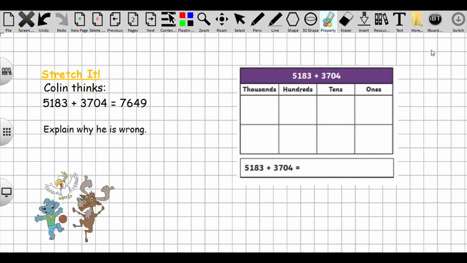Okay, for stretch it then. Colin thinks that 5,183 add 3,704 equals 7,649. Explain why he's wrong. So what I might do is I may lay out my table as I did before